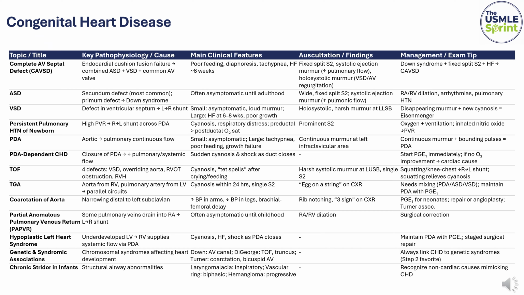Now, in some babies, the PDA isn't the problem, it's actually keeping them alive. These are the so-called PDA-dependent congenital heart diseases. This group includes coarctation of the aorta, transposition of the great arteries, hypoplastic left heart syndrome, total anomalous pulmonary venous return, and tricuspid atresia. These babies might look fine at birth, but as the ductus arteriosus begins to close in